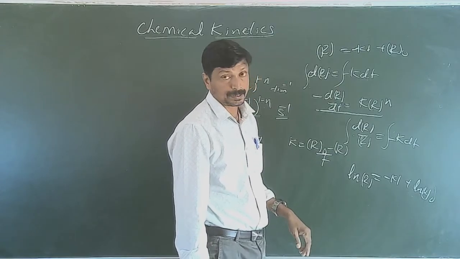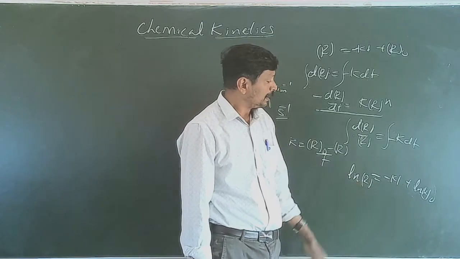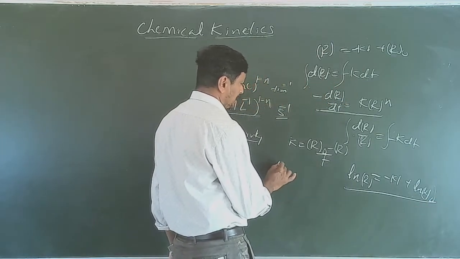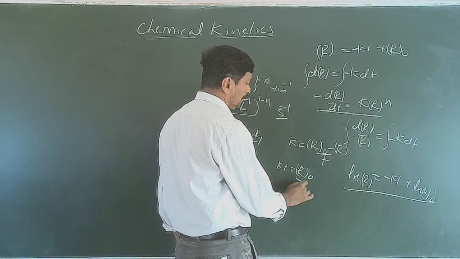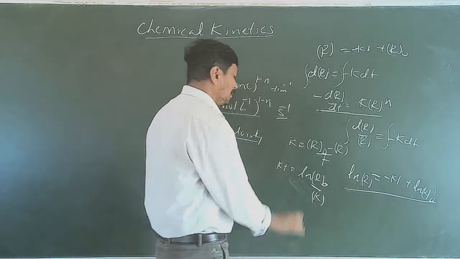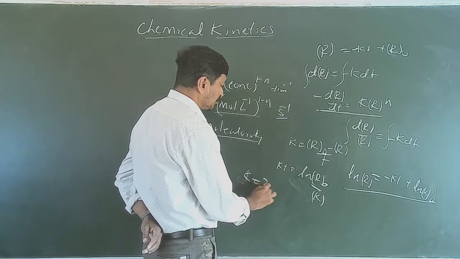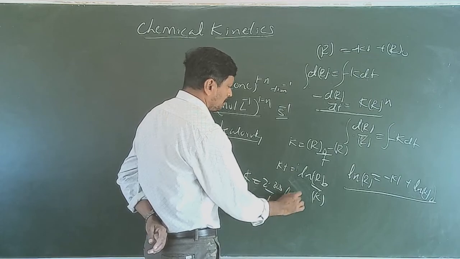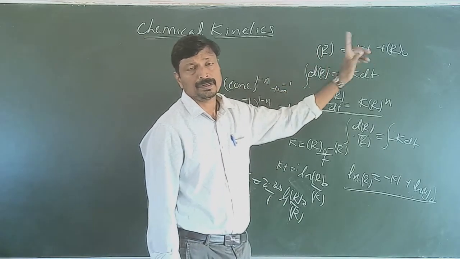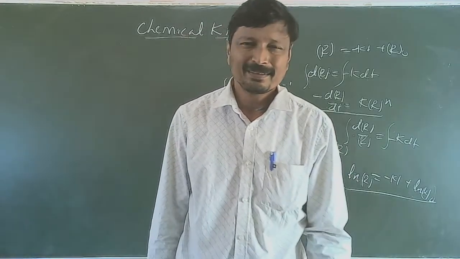In this case, sorry, zero order reaction. So here in first order reaction, t is equal to 0 and R is equal to R naught, and I is equal to ln R naught. Finally, Kt is equal to ln R naught divided by R. Or converting into log of base 10, K is equal to 2.303 by t log of R naught by R. So, this is the most easy question.